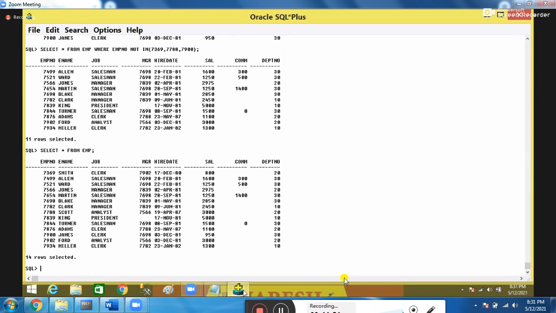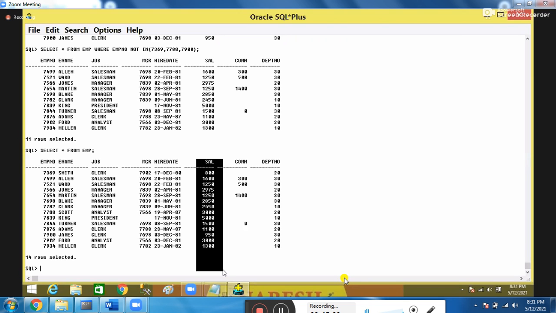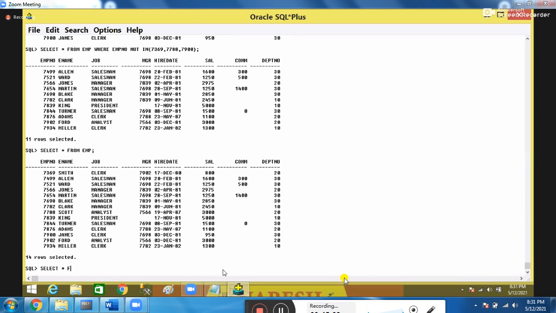This is the complete table, and some salaries are here. Now I want to display employees whose salary is between